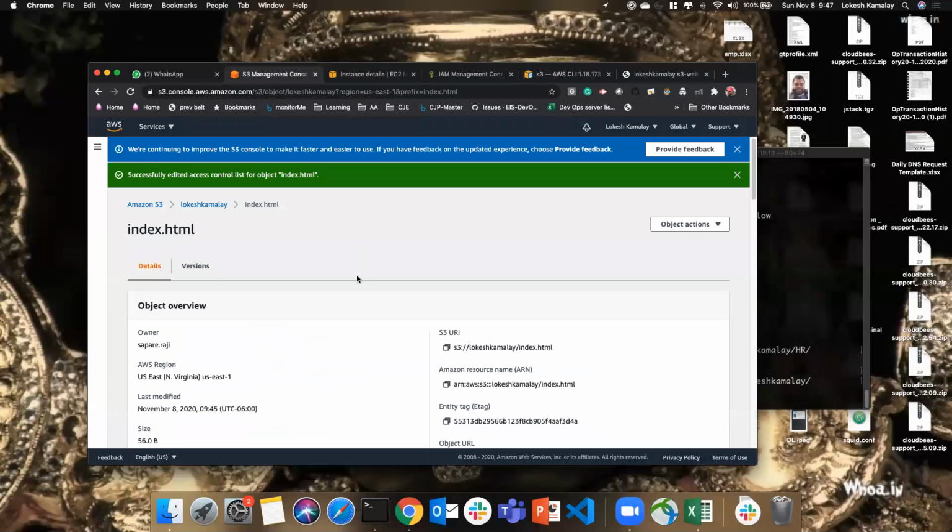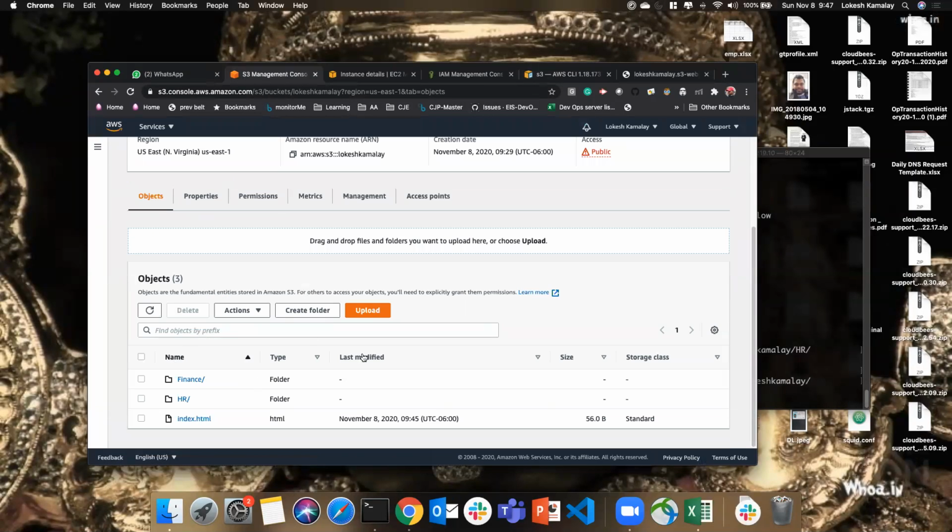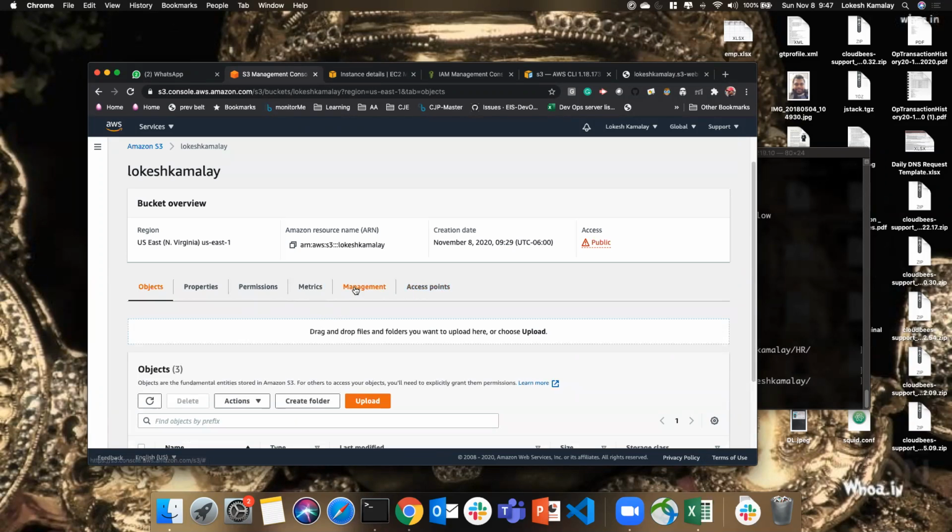So now let me talk about the tiers. We have the data, right? Whatever data we are storing, we need to retain this information for a longer period and at less cost. If you take any service from AWS, they are always charged. Each and every resource is charged. So now we want to think a bit smart and reduce the cost. To do that, we need to work on the management